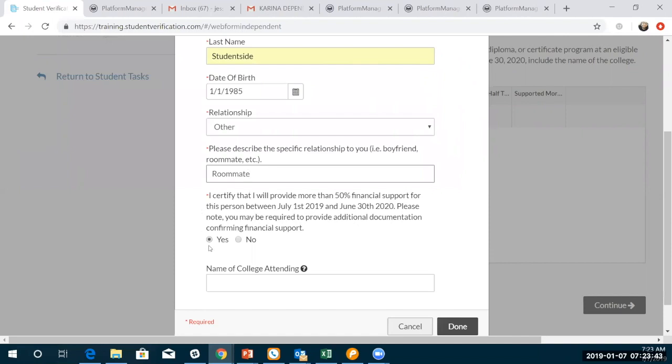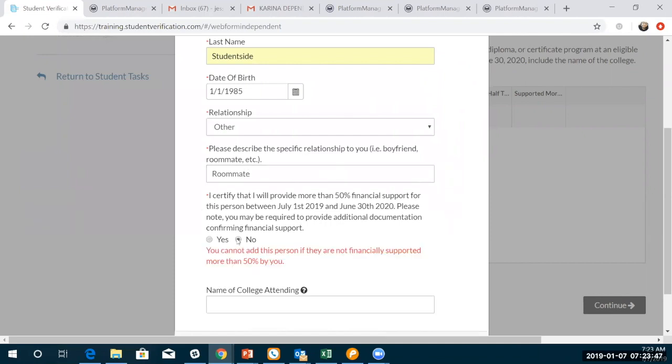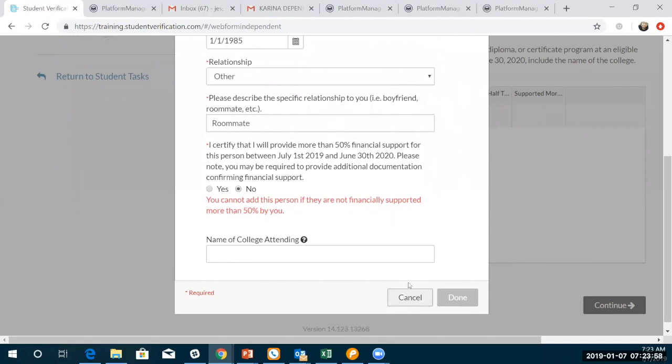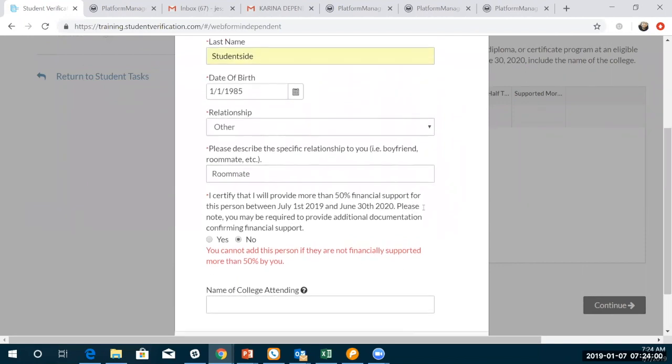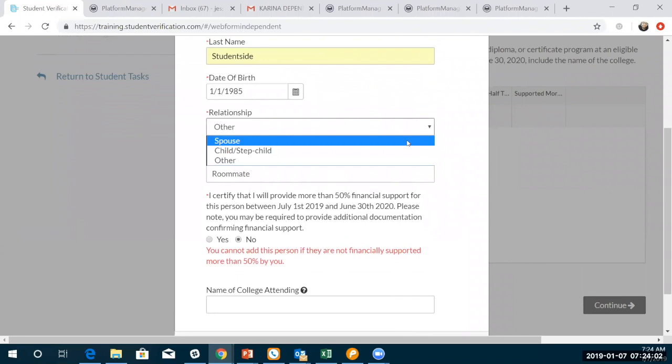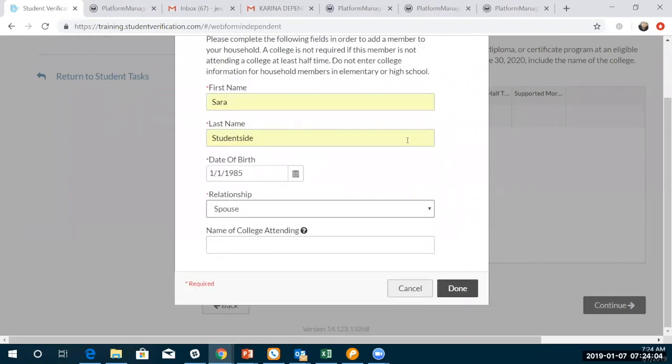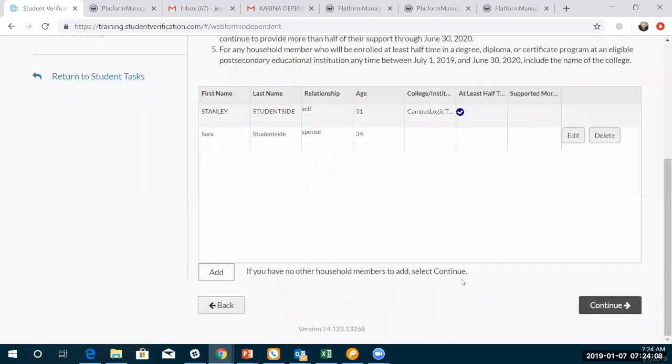If this is correct, they will hit yes. If it's not correct and they do not support them more than 50%, they will choose no. And it will let them know that they cannot add this person if they are not financially supported by them more than 50%. As you can see, they will not be able to do anything here other than cancel out of this, or they can come back in here and add a different person, change their relationship, say that is the spouse. So we'll just go ahead and add them, click done, and they are automatically added to the household